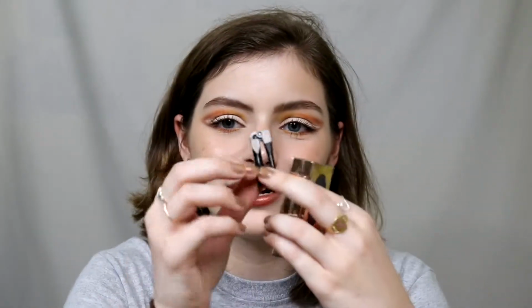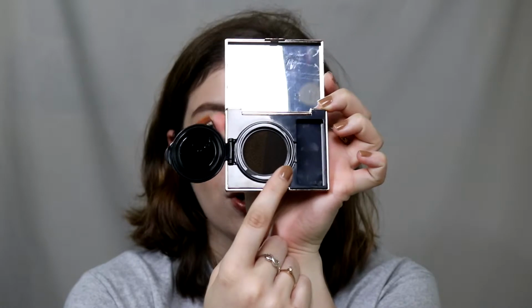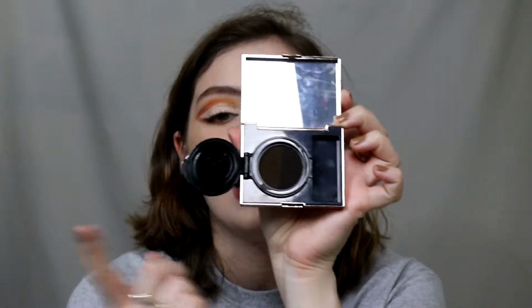So you open this really reflective packaging, and what just fell out is what they give you, which is this weird spoolie eyeliner brush thing that I don't use at all. I just keep it in there because I can't throw it away. It has a really nice mirror here, and then in here is the product. Now here they have a darker side and a lighter side. I can't use the darker shade, which is way too deep for my brows, but the lighter shade is perfect,